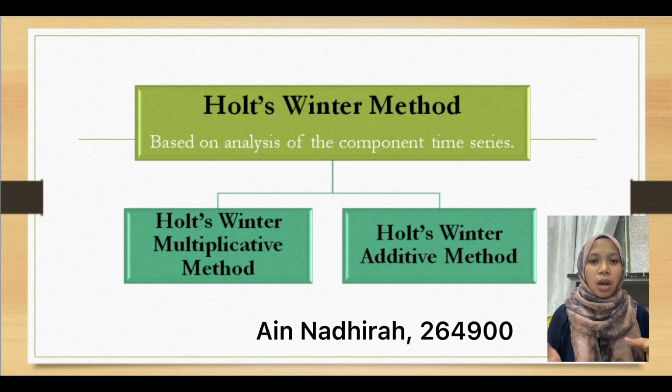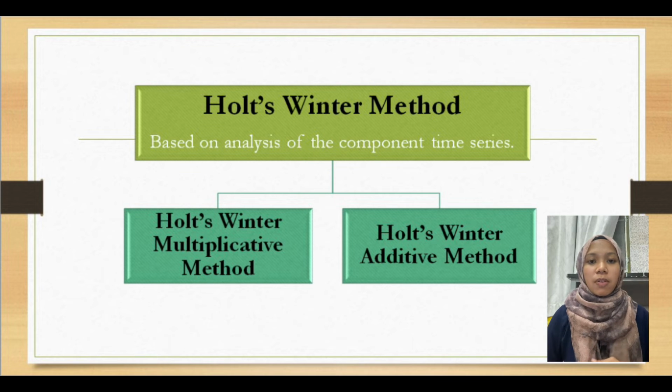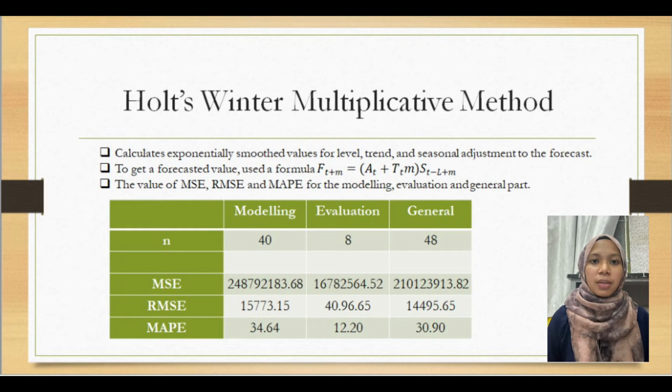Okay, now we use the Holt-Winters method. There are two types of Holt-Winters method, which are the Holt-Winters multiplicative method and the Holt-Winters additive method. Now I will explain the Holt-Winters multiplicative method. It calculates exponentially smoothed values for level, trend, and seasonal adjustment to the forecast. The first step is we need to calculate the initial values of At, St, and